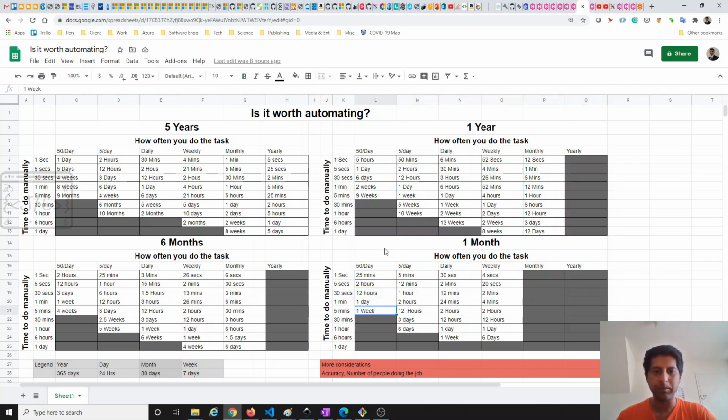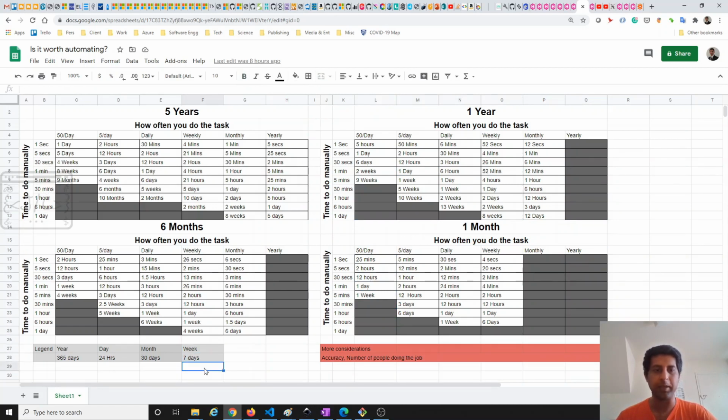Another thing you need to notice is what the different time periods mean. A week means 7 days, a month means 30 days, a day is considered as 24 hours, so you can do the adjustment. Once again, accuracy matters. Better do the automation so that you get things in the correct way. Doing it manually and checking, there are chances of missing something which will eventually lose a lot of time later.